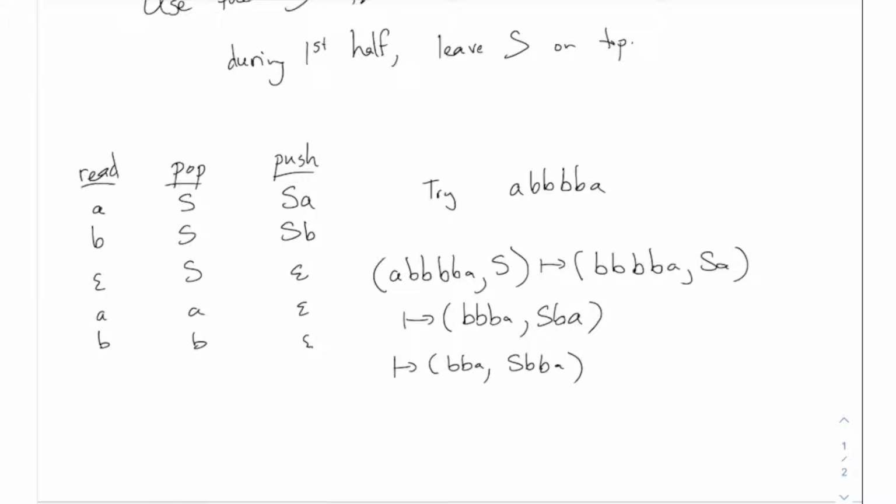Now we have read the full beginning, and in order to transition over to reading off the rest of it, I do the epsilon move in the middle. So epsilon S epsilon just doesn't change anything except throws away the S. And now it's BBA, BBA, and we're going to do the last 2 rules over and over again just to clear everything out. So I do the very last rule, makes a BA, BA, then the very last rule again makes it AA, and then the second to last rule makes it epsilon, epsilon, which is